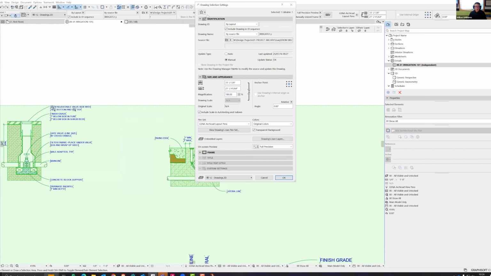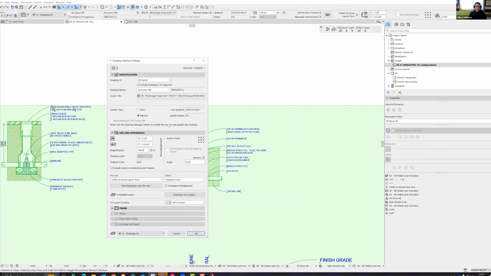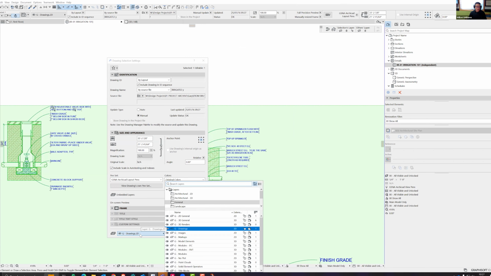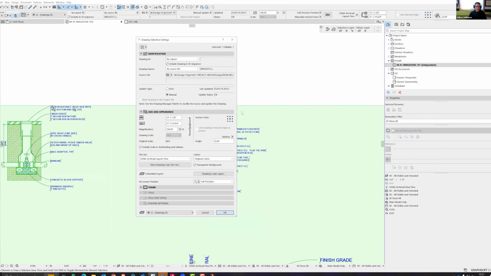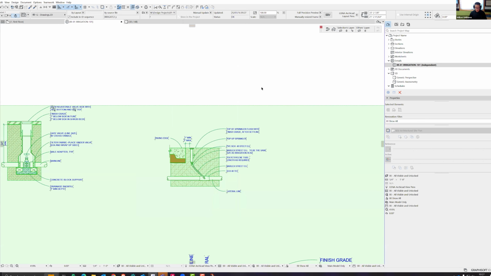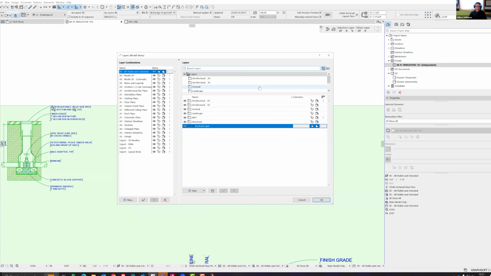So I go up here and I just need to hide. Okay, so I go up here and I'm looking at my drawing selection settings, and I can also change the layer down here. And what I want to do before I do that is I would like to actually put this on a different layer. So I'm going to just push Control L for now, and I'm going into my layer settings, and